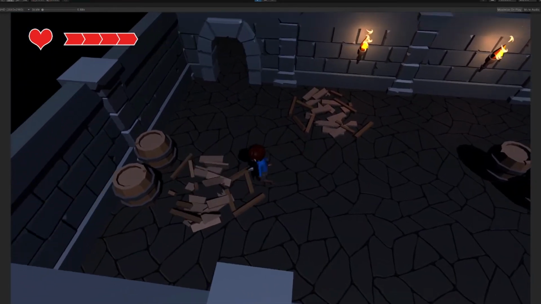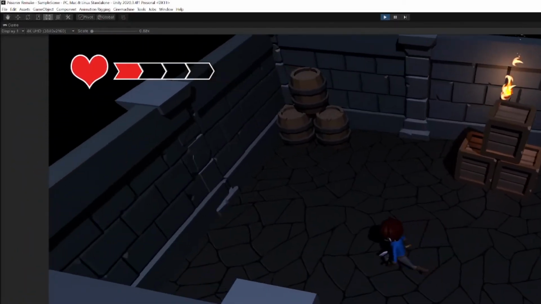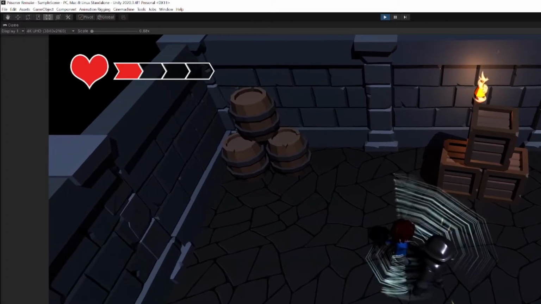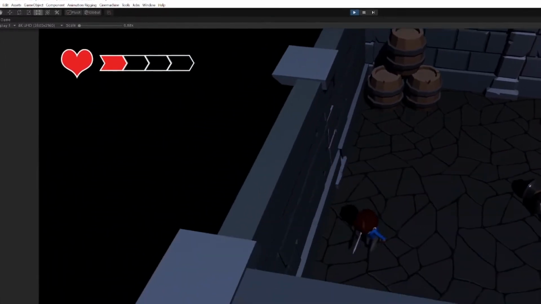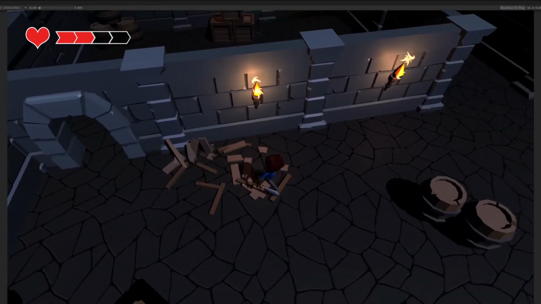Also, if the health gets really low, a heartbeat animation is played. I was thinking about adding a sound effect to let the player know that the health is low, but I have always found that kind of alert annoying. What do you think? What would you add to be more obvious about the low health?